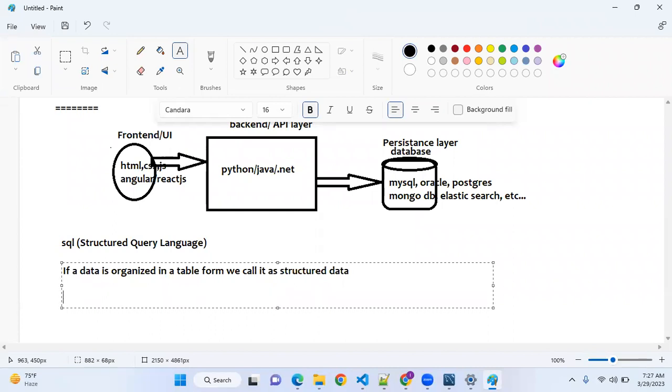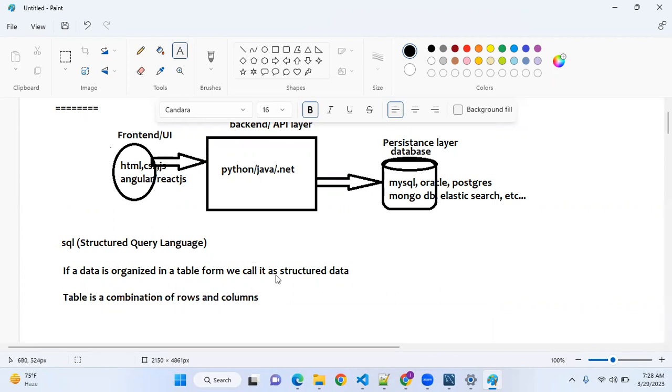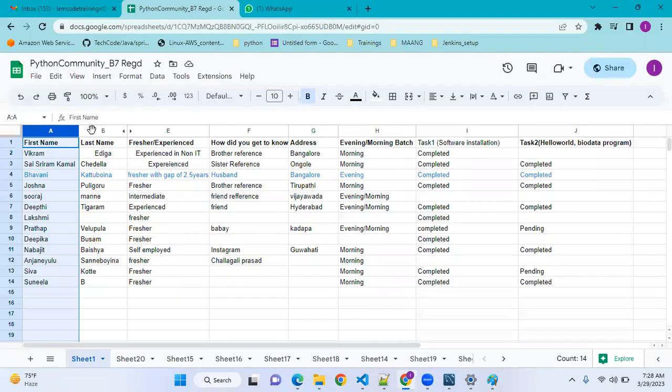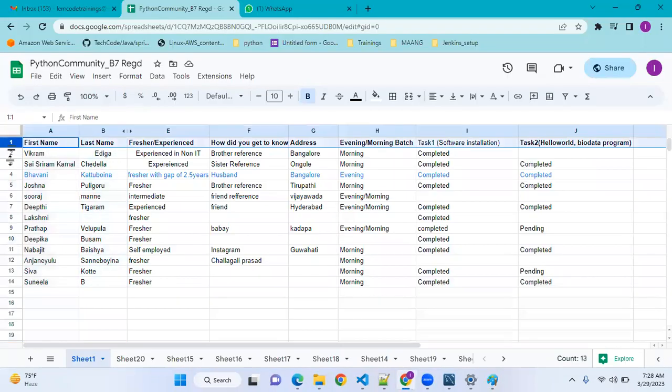So a table is nothing but a combination of rows and columns. You all know what rows and columns are, I'm sure. This vertical thing we call a column, and this horizontal one we call a row. Every row is nothing but the information of a particular person.